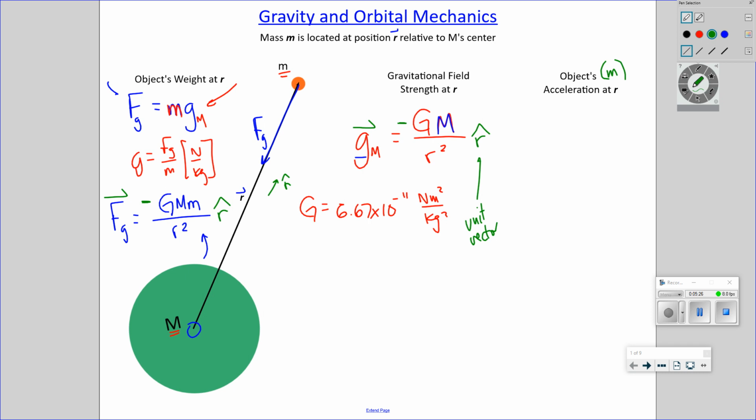Now, object m's acceleration at location r. It doesn't matter if the object is suddenly placed there at rest or is floating by there and experiences only force Fg. Well, the acceleration can only be expressed using Newton's second law, net F equals ma. And the force exerted on this object is Fg equals ma. And Fg we can write in one of two ways, but I'm going to write it as how we started, which is to say m times g is m times a.